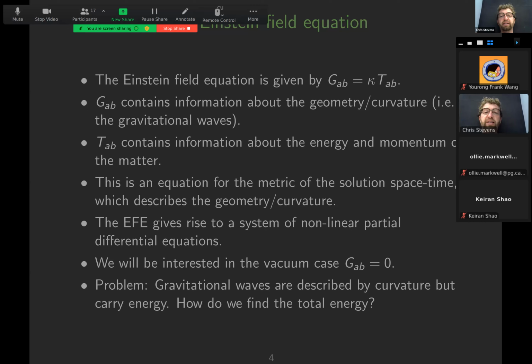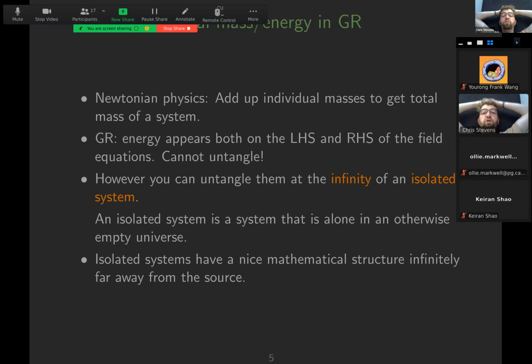So that basically sets up the situation that we're wanting to describe. Now, what the problem is, if we're wanting to find, say, the total energy of the system. In Newtonian physics, which I think I've said on the next slide, you would just add up individual masses. You have your particles or masses that are doing some dynamics on a fixed background. So in order to get the total energy, for example, or total mass, you would just look at